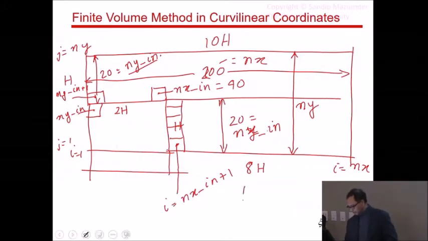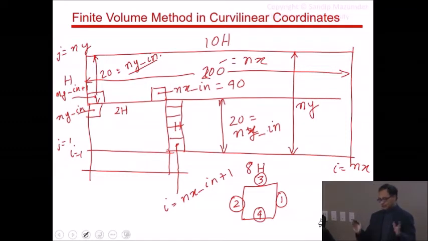So here's what I've done. For any cell, I've numbered them 1, 2, 3, and 4. So 1 is east, 2 is west, 3 is north, 4 is south. It's totally up to you how you want to number it. Now, code-wise, I've done it this way, but if I were to do it today and if I were